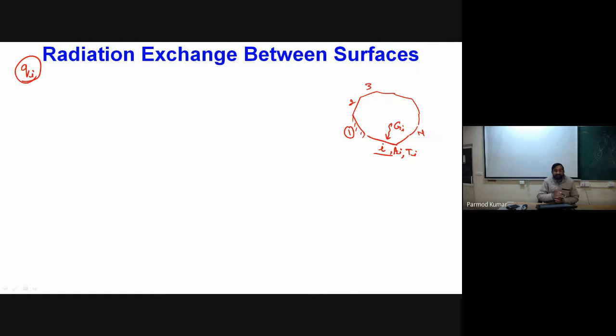So till now we were saying that Gi is known to us, but now we are interested in finding out the value of Gi. Obviously the value of Gi will be a significant function of the view factor and orientation of the faces. So for that purpose, let me first quantify the total irradiation on this surface. The total irradiation on the surface will be Ai into Gi. Can you tell me what will be the formulation of total irradiation?